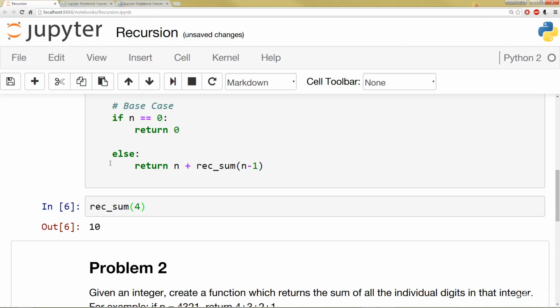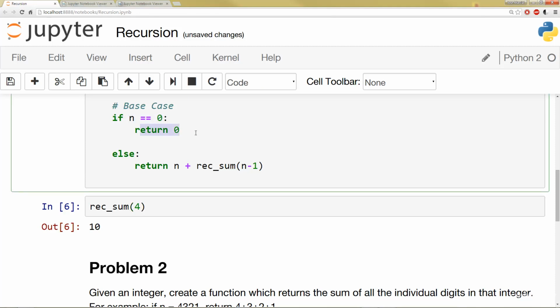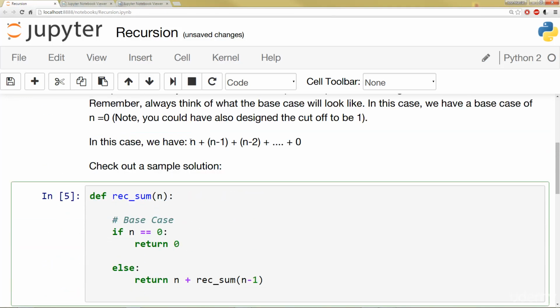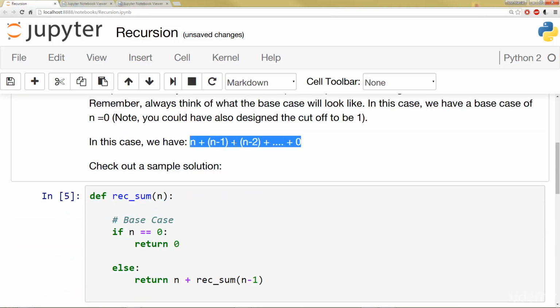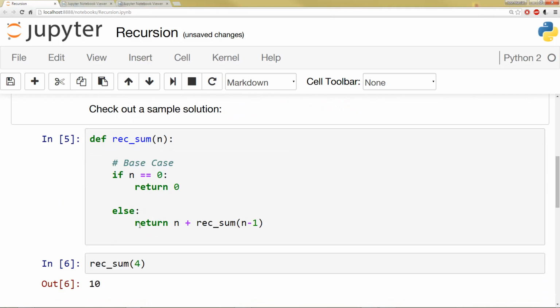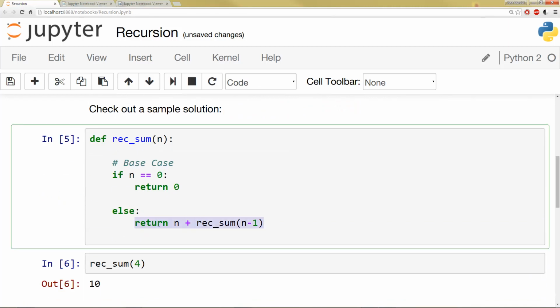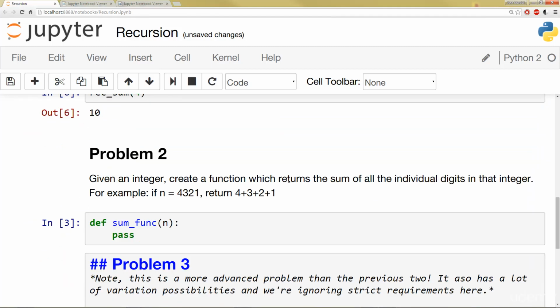The big factor here was the base case, recognizing it, knowing what to return, and then being able to transform this line of thinking, n plus n minus 1 plus n minus 2, into this line of code, return n plus the recursive call in the function on n minus 1. Hopefully this looked familiar to you because it's so similar to that factorial function we created earlier. All right, moving along,